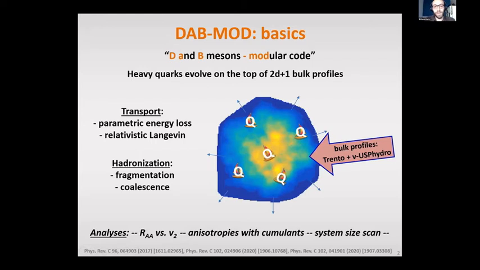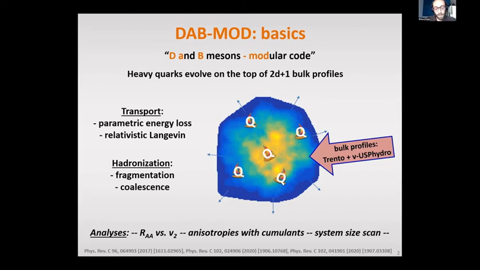DAB mode stands for DNB Meson's modular code. It is a simulation that evolves EV quarks on the top of two-dimensional bulk profiles that are given by some initial conditions like Trento or NCKLN. And then the bulk is evolved with some viscous hydrocodes. We use the so-called VUSP hydro. For the transport of the EV quarks, we use either a parametric energy loss model or a relativistic Langevin dynamics. Then at the end of the evolution, we hadronize the EV quarks using fragmentation and or